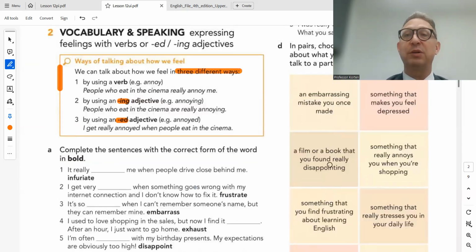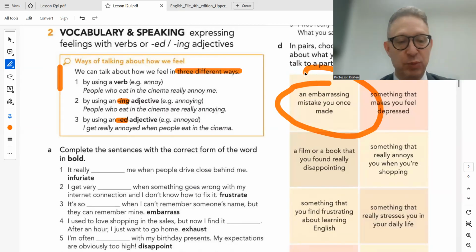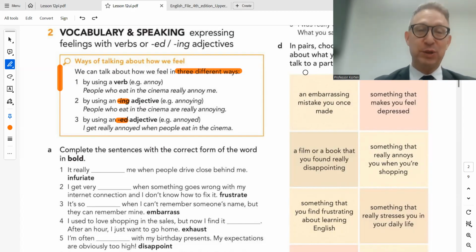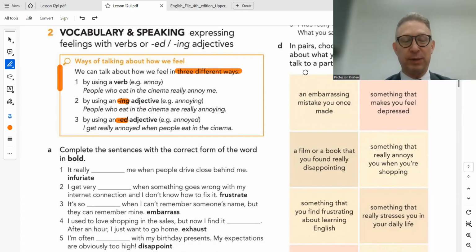Now, here's how you can practice them. Choose 3 squares and think about what you're going to say. We might do this in the live as well. So, an embarrassing mistake you once made, and talk about it. I wish I hadn't spoken up in class because I didn't know. I thought I knew, but I wasn't 100% sure. Use these as great opportunities to speak, and then you can talk about